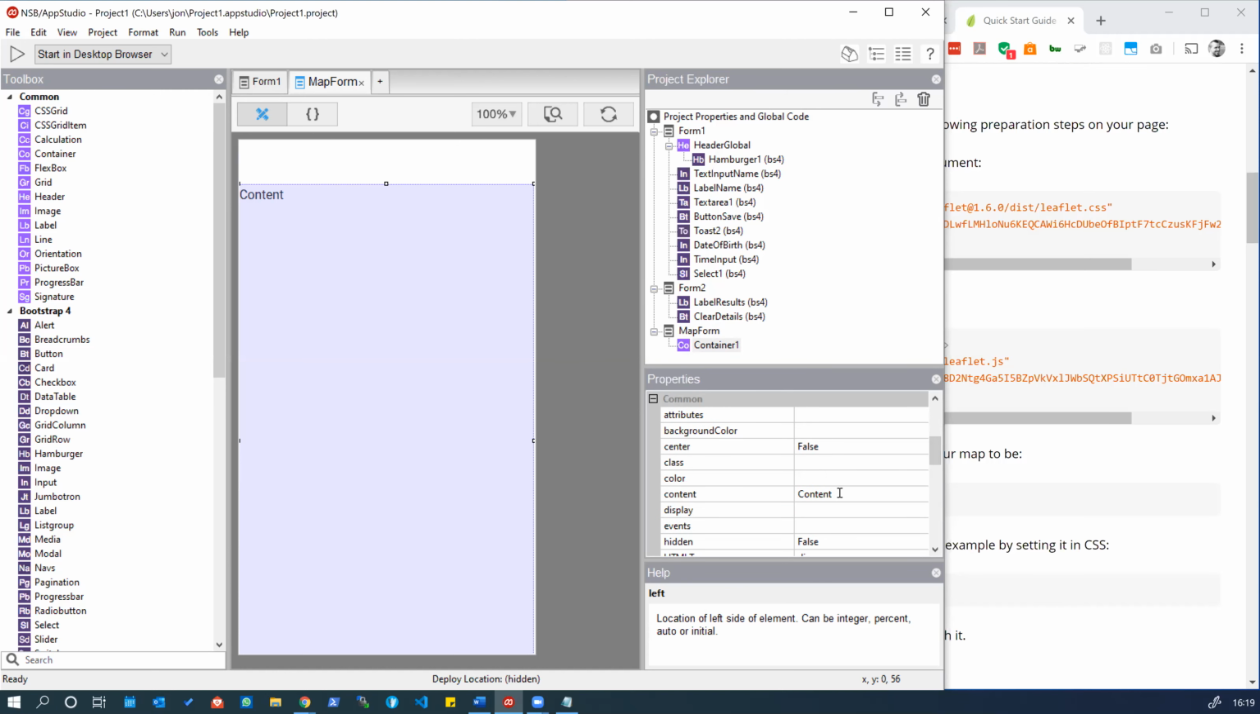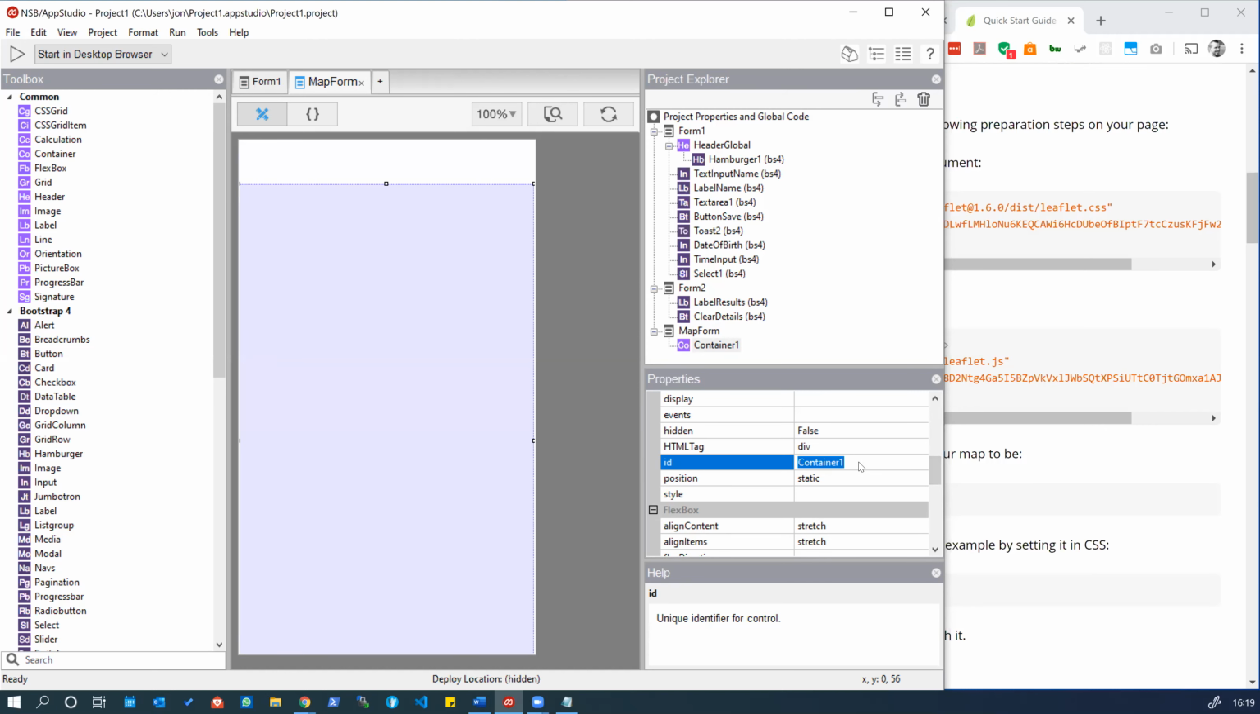Let's remove any content because we don't need that. And I think let's call it map container. So this will be the ID of this control, which is effectively, from an HTML point of view, a div. So let's save that, because we won't have anything to show as yet. Now the next point